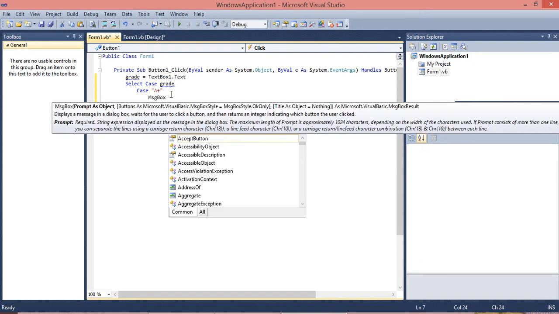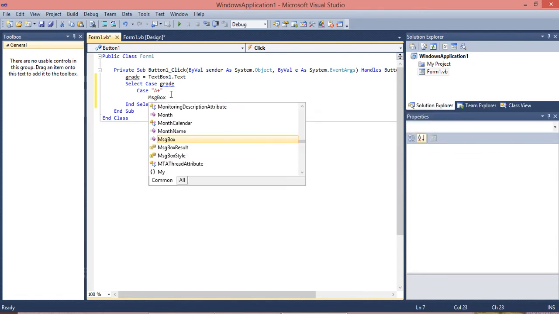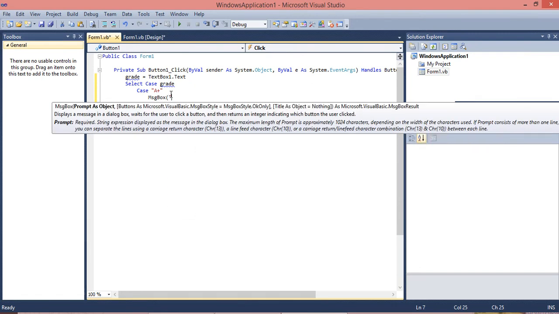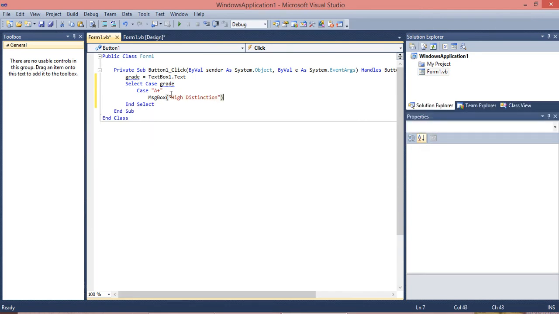So MsgBox, and within the double quotes, High Distinction, and close the double quote and then the bracket also. So we typed High Distinction and enter.